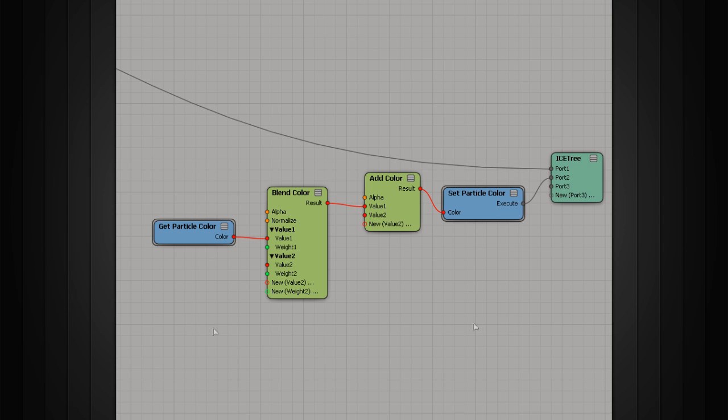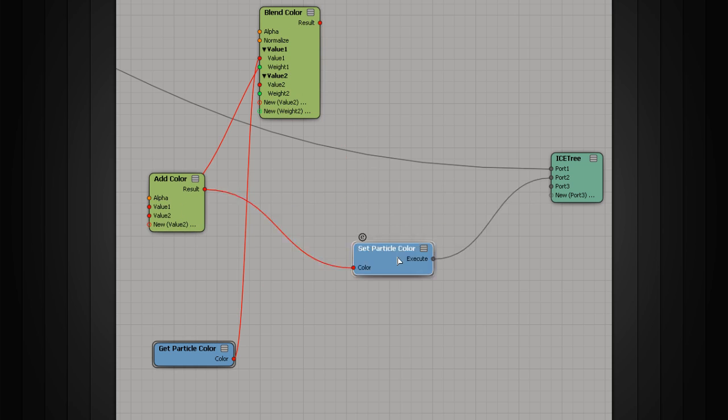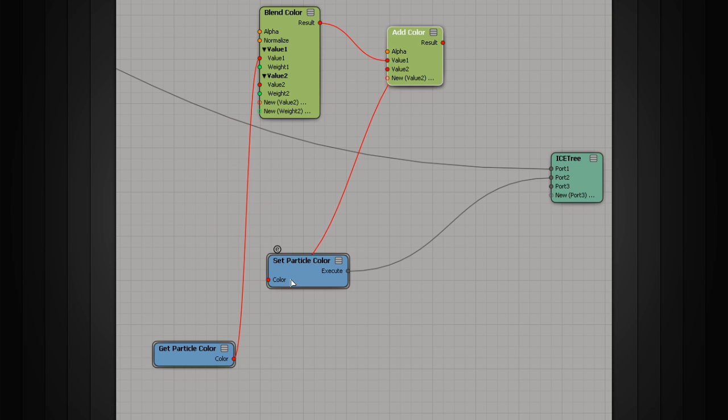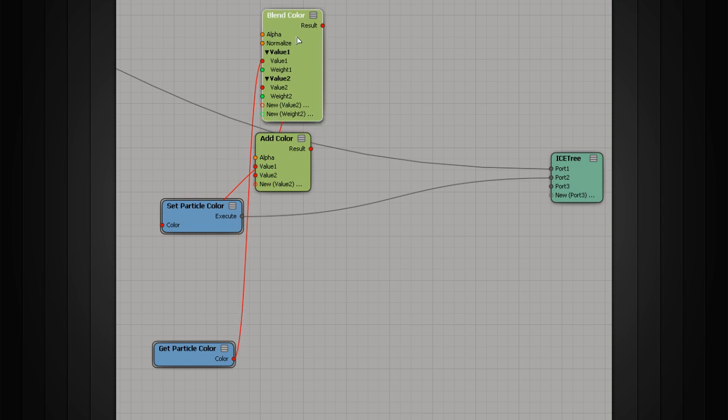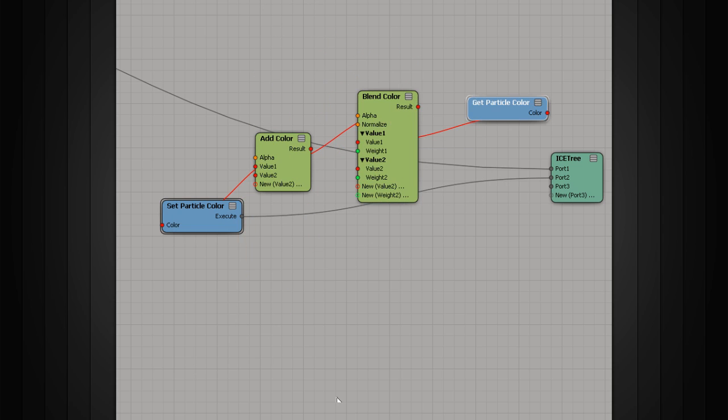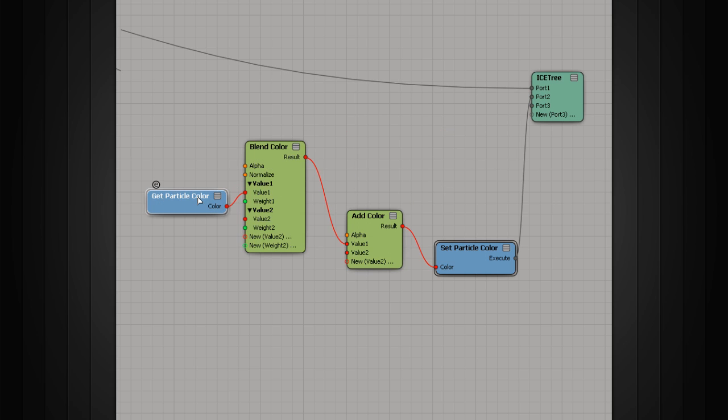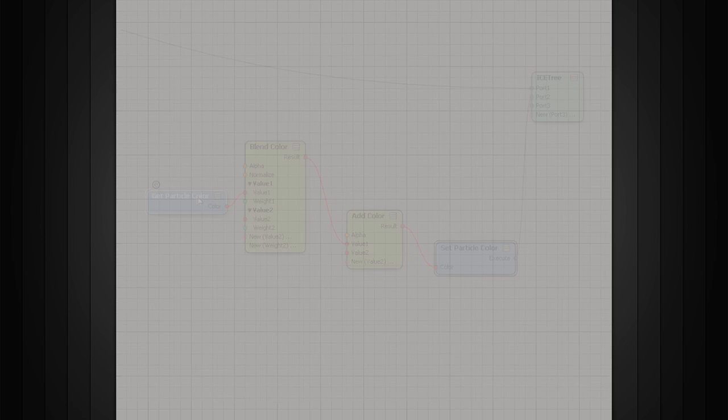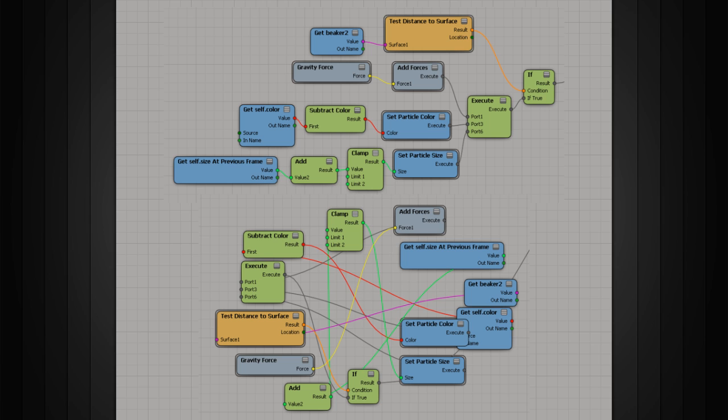Now, nodes are evaluated left to right and top to bottom according to their connections. The location of ICE nodes in the workspace does not matter, only the connections between them. We could stack our nodes right to left and bottom to top, but it would quickly get confusing. So for ease of use, work left to right and top to bottom. Now, both of these two trees we can see here work exactly the same, except one is obviously easier to